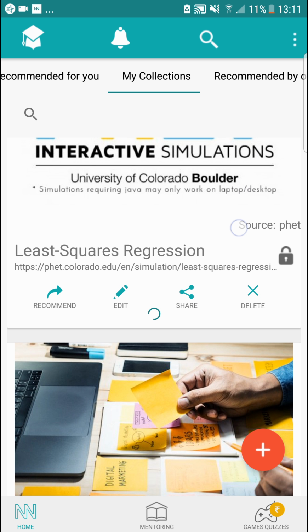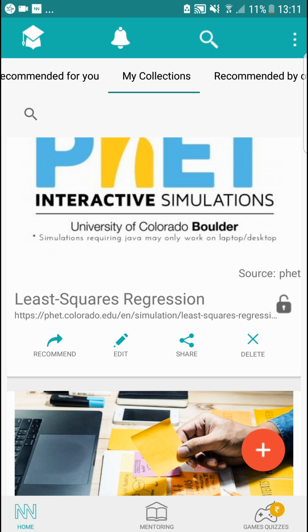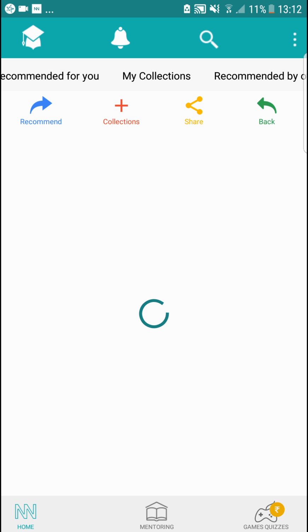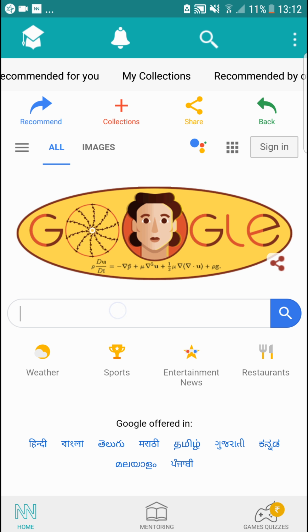Another thing about my collection is, you can add to your collection from the recommended for you feed, but you can also add it from anywhere else, from the web, by just copying and pasting a link here. You can use YouTube. If you like something on YouTube, you click on share on YouTube and choose Vconnekt from there. You can add YouTube videos directly to Vconnekt like this, or you may use this Google option to add to your collection. So let's say now if I wanted to learn